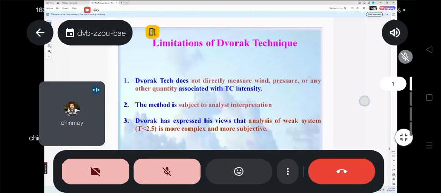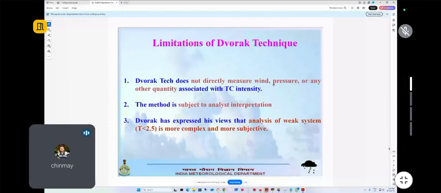The limitation associated with the Dvorak technique is that it does not use any direct measurement of wind, pressure, or other quantity. We are not utilizing any wind product, any vorticity, convergence, divergence, any dynamical product. What we are doing,